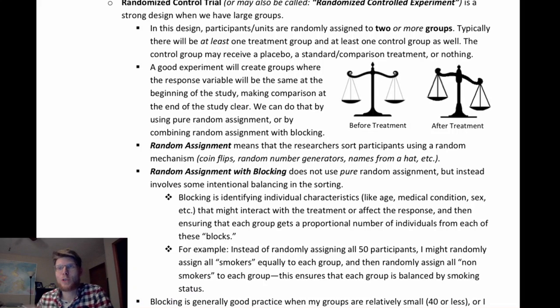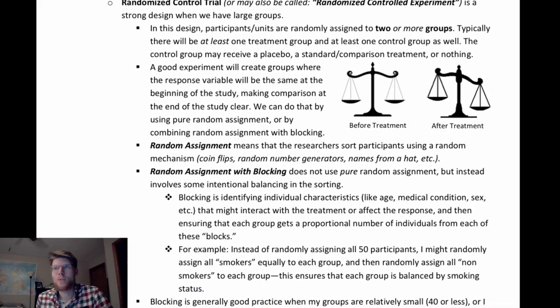Sometimes we might actually just call it a different design. We might actually call it a randomized block design, depending on to what level, how detailed we got in our blocking. But blocking just means that ahead of time, we're recognizing that there might be some important subgroups that we want to make sure that we're dividing equally. So that might be because, number one, we don't have a whole lot of people in our study, and maybe we don't trust pure random assignment. If I only have